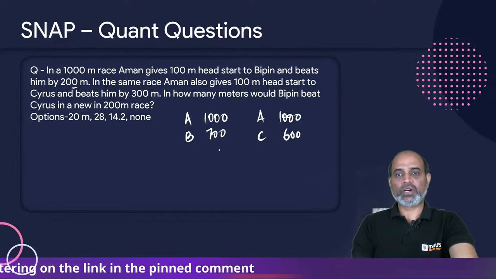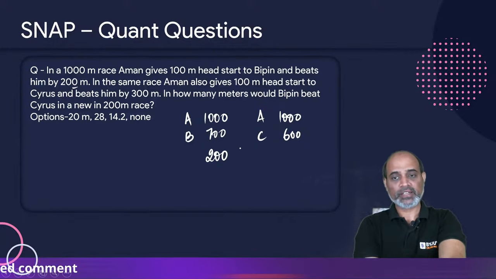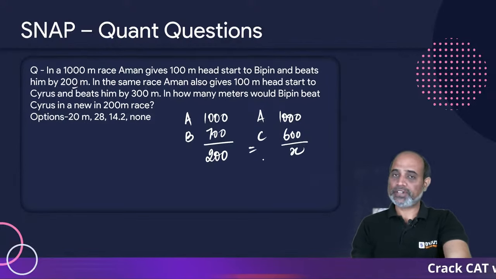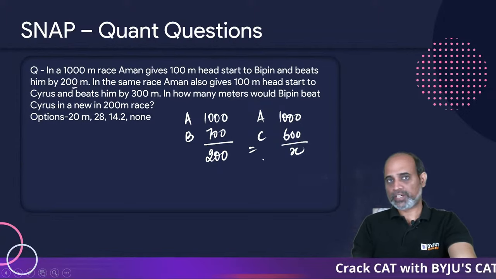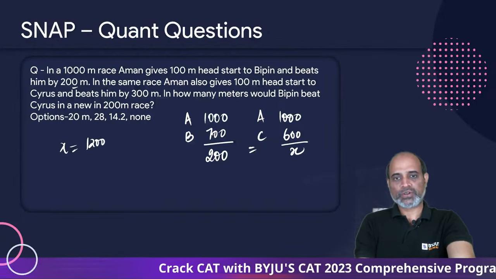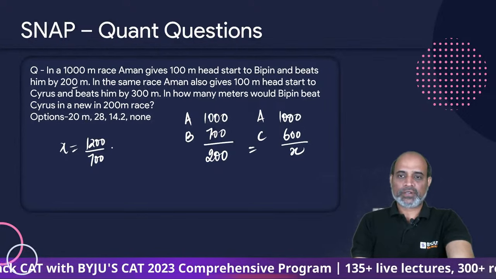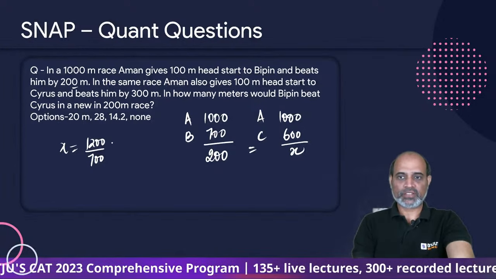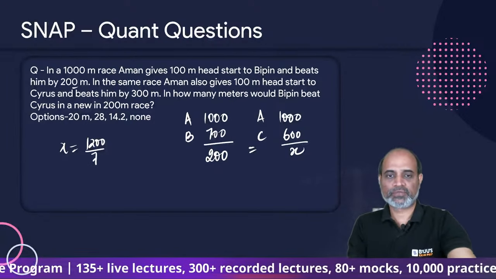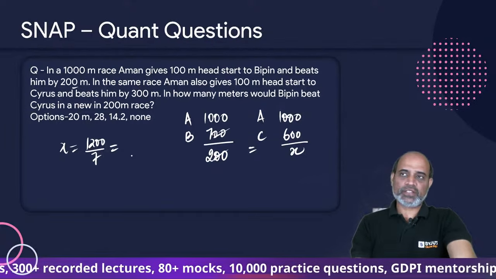Now, if we have a 200-meter race, how much distance will C be covering, right? So 700 by 200 is equal to 600 by X. If you have done races, linear races, you would know we equate the ratios of the distances covered. So if you solve this, you will have 200 by 700. Sorry, not 1200 by 700. This is actually 1200 by 7 is what we will have. The zeros will cancel out. So 1200 by 7 is going to be